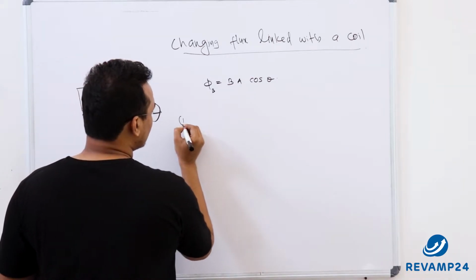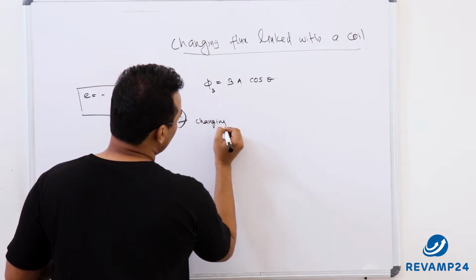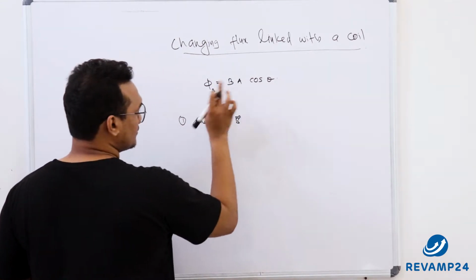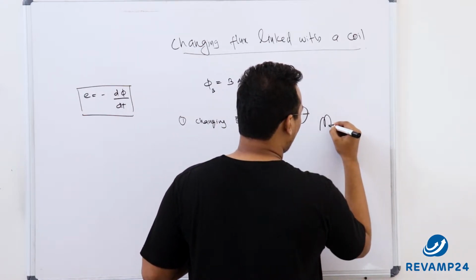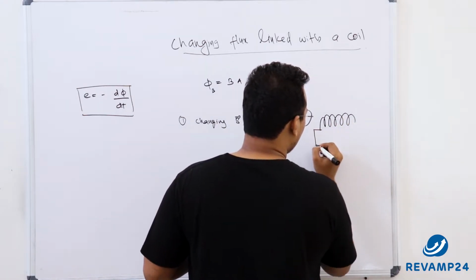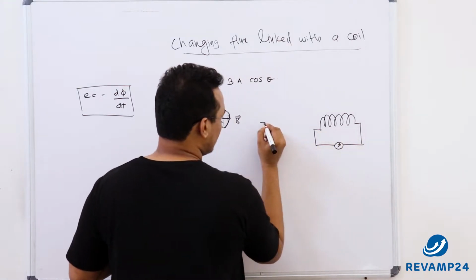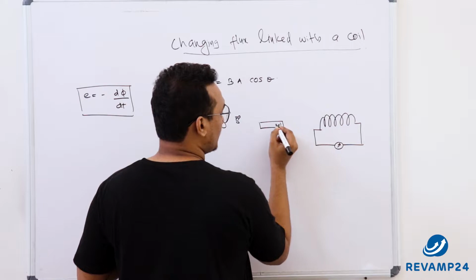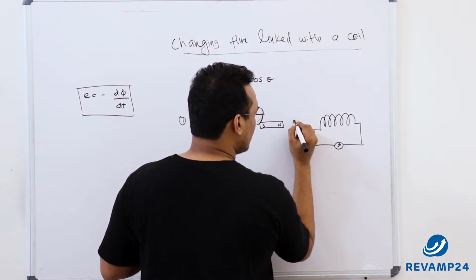Now one way is changing magnetic field intensity. We will see how it can be made. I have a coil now connected with the galvanometer. See, it is the experiment we have learned so far. When I am bringing the magnet from here to here, see,